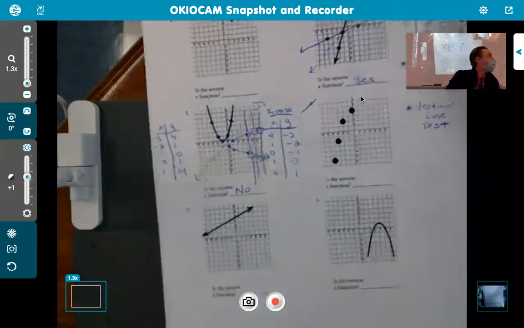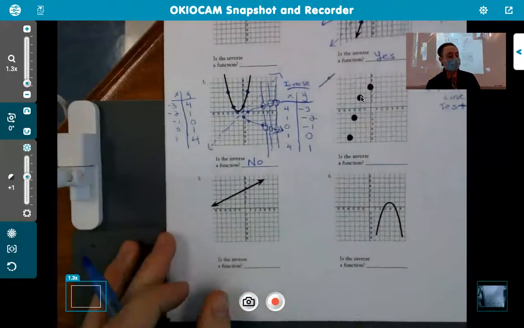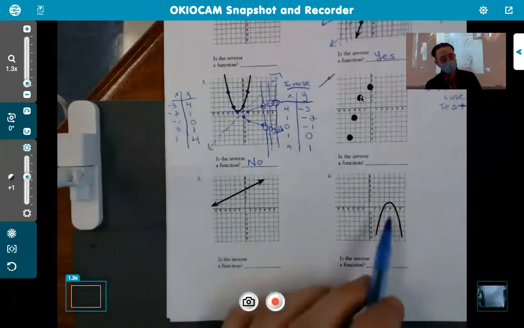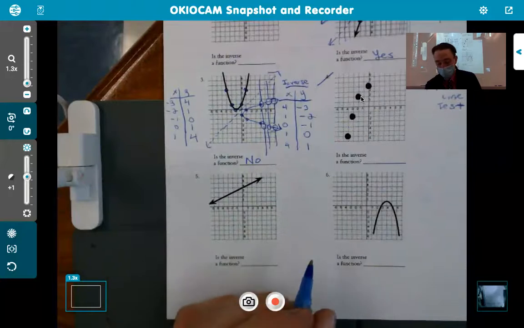Okay. Just for the sake of time, I just want to show you what the inverse of example 6 would be, just to give you another example of something that would not pass the vertical line test. So if you were to go through and draw out the inverse of this, you'd actually have the points